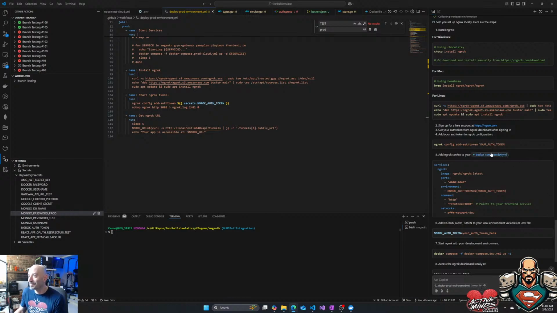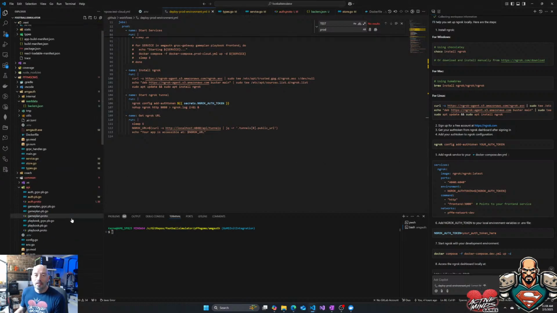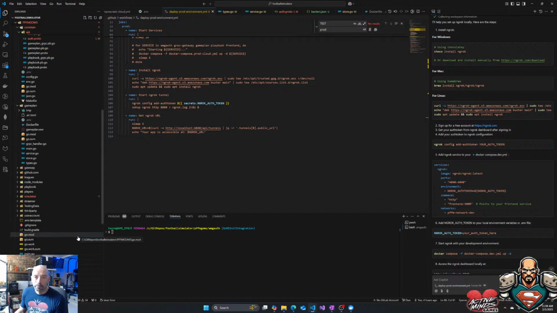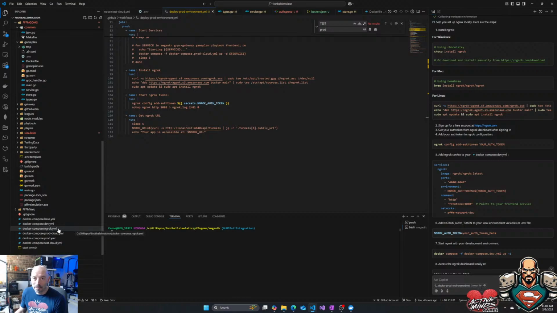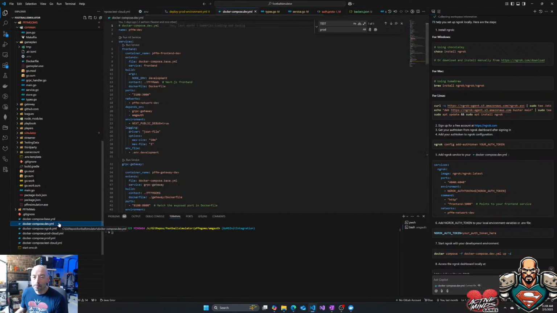So we did the auth token thing. Add NGROK service to your Docker Compose dev.yaml. Okay, well, let's do it in my dev. Why not? Because I did say do it in prod, so it must be a reason to do it in dev first. Which, by the way, I need to change this to be exactly like my test one, because this one,